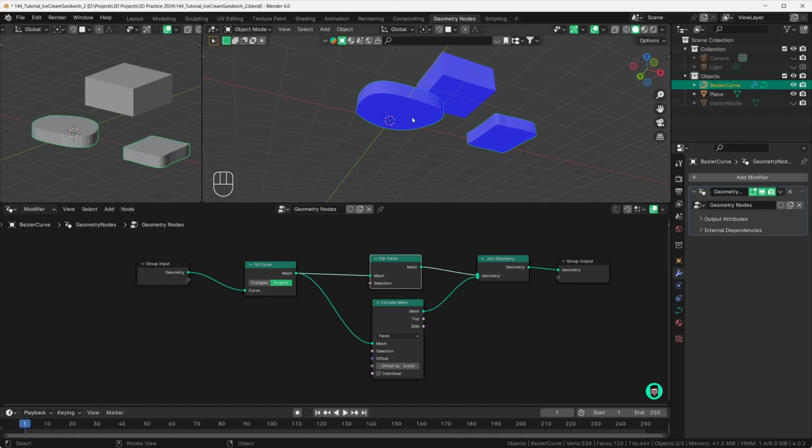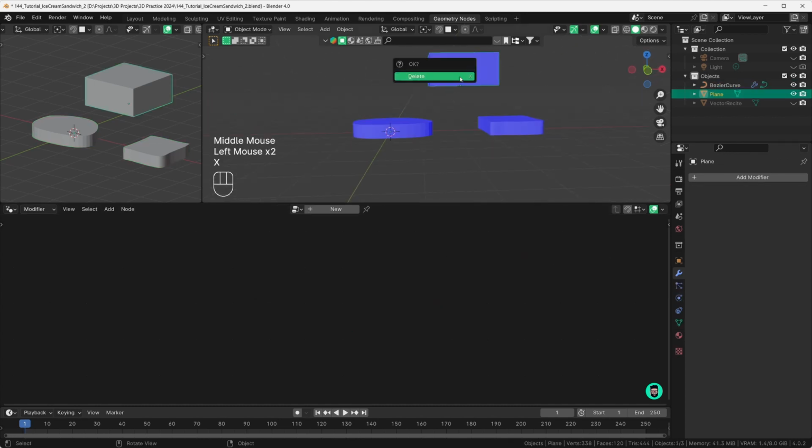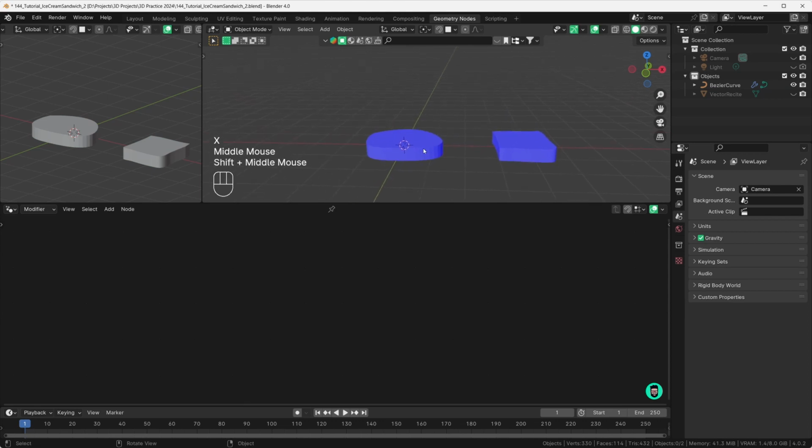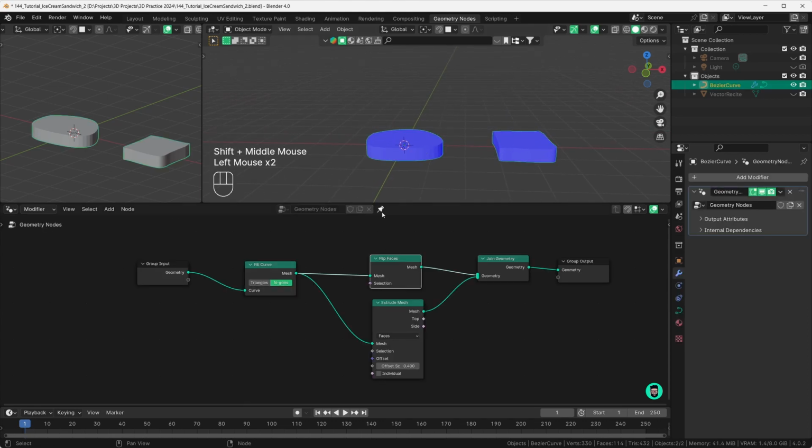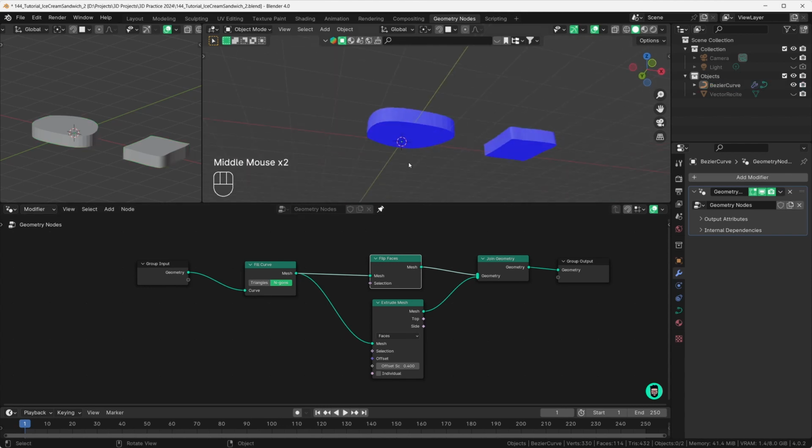So now that is fixed. So let's delete this one for now. You can also click on this pin tab, so this node network stays here no matter what object you select. So right now it looks good that we have fixed the problem, but there's one more problem that we can't